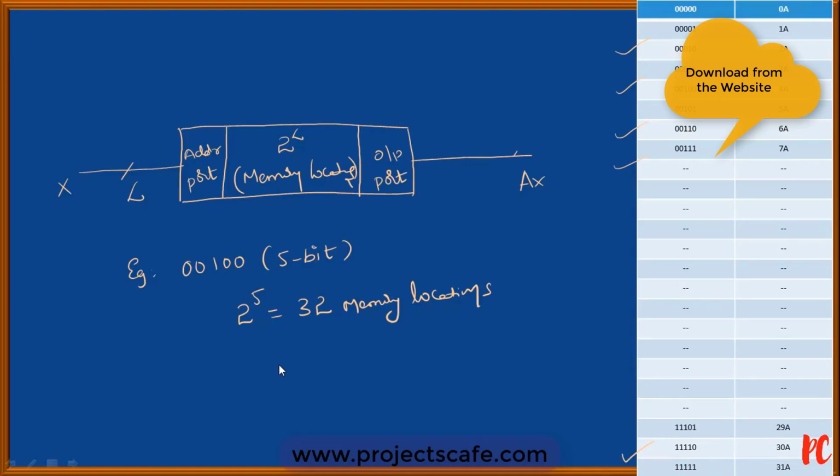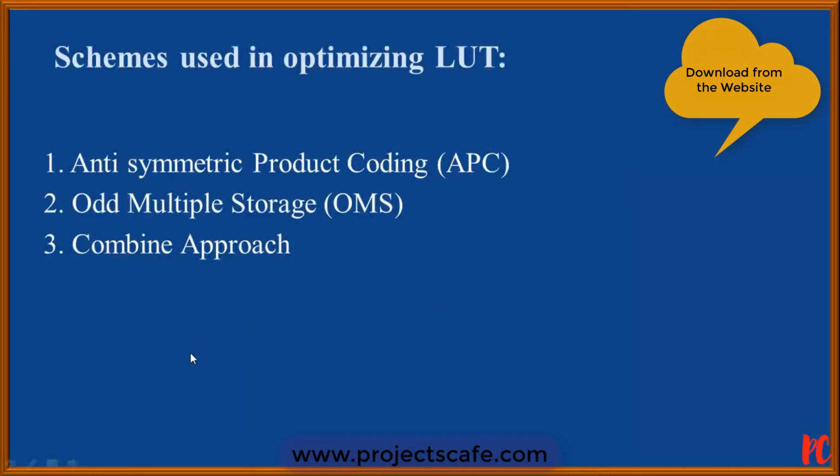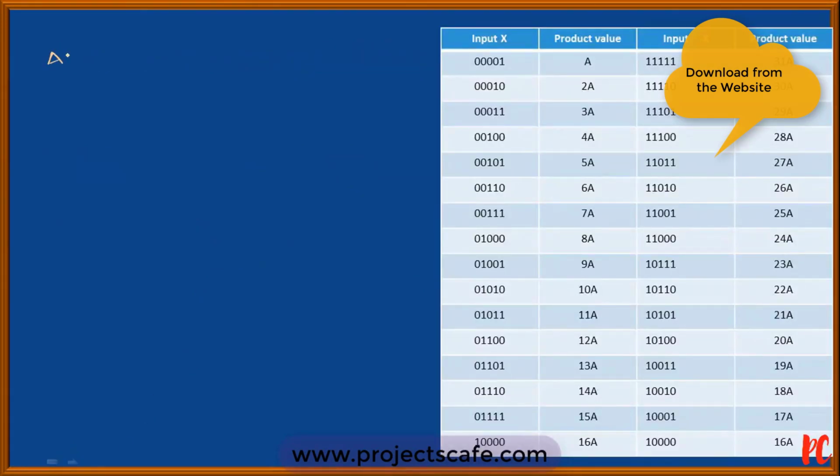This can be overcome by implementing LUT techniques, namely the anti-symmetric product coding and the odd multiple storage approach. The third is the combined approach, where I combine anti-symmetric product coding as well as odd multiple storage. With respect to anti-symmetric product coding, if I take the same example of a 5 bit input, the 32 different locations are bifurcated